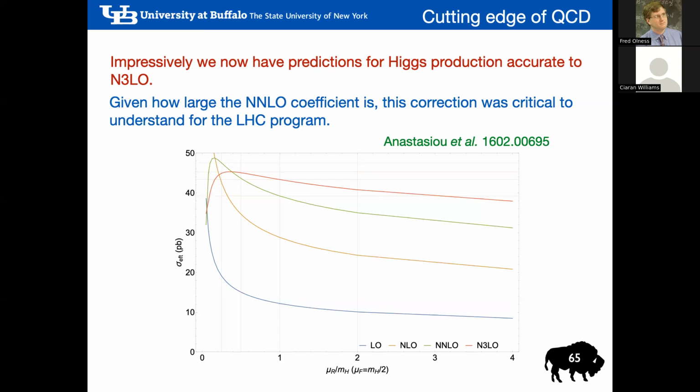Now, this gives you, to a certain extent, an estimate of how much of an impact your higher order corrections are going to have. It is not perfect, but it's a reasonable way of estimating the perturbative uncertainty. As you can see at leading order, there is this epic uncertainty, and even that is not quite enough because it doesn't get anywhere near the final result. The leading order result is essentially telling you you're throwing a dart at the blackboard, and the Higgs cross-section is somewhere around 20 picobarns,